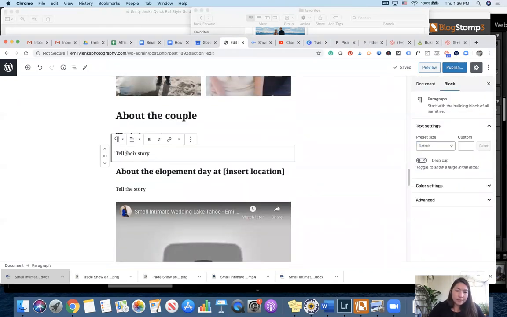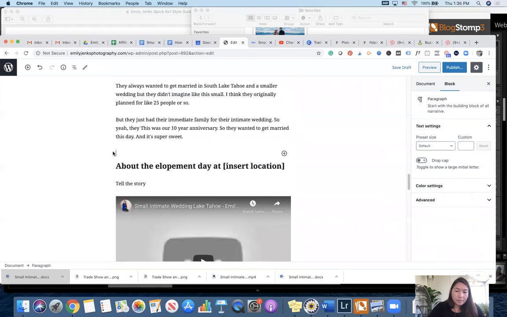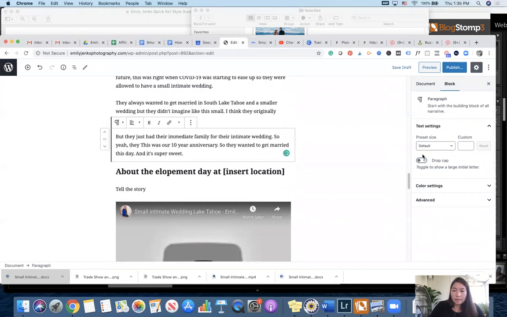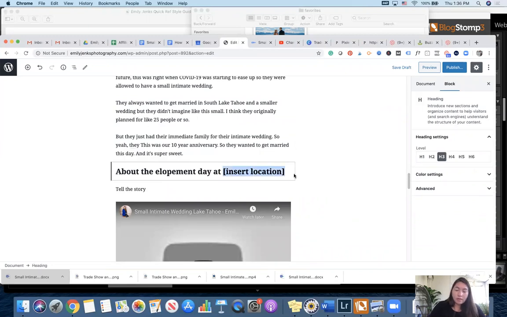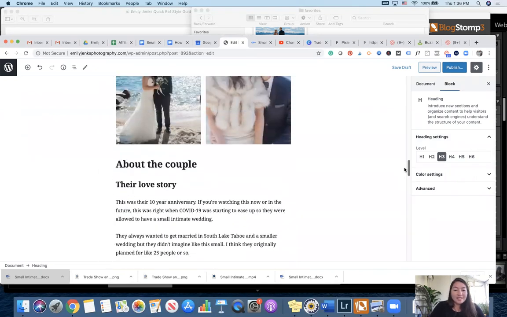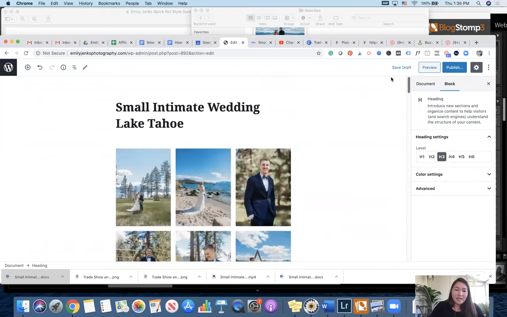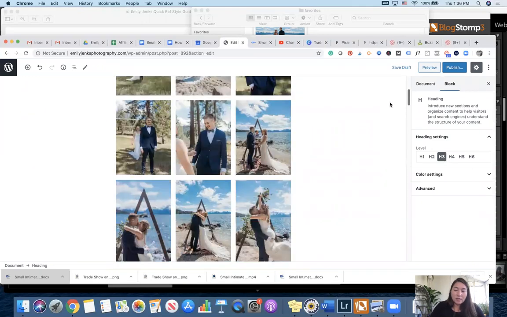Their love story. Elopement day at South Lake. I'm not sure if you noticed, probably not, but I did small intimate wedding in the header title, but